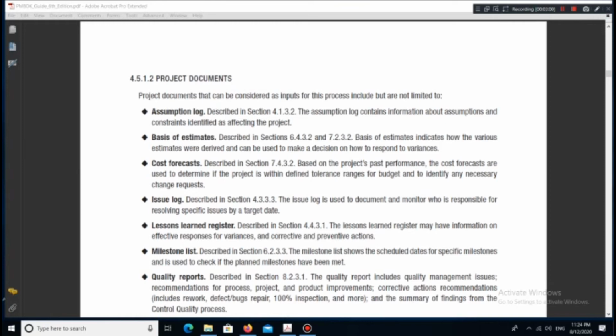4.5.1.2 Project Documents. Project documents that can be considered as inputs for this process include but are not limited to: Assumption Log, described in section 4.1.3.2. The assumption log contains information about assumptions and constraints identified as affecting the project. Basis of Estimates, described in sections 6.4.3.2 and 7.2.3.2. Basis of estimates indicates how the various estimates were derived and can be used to make a decision on how to respond to variances. Cost Forecasts, described in section